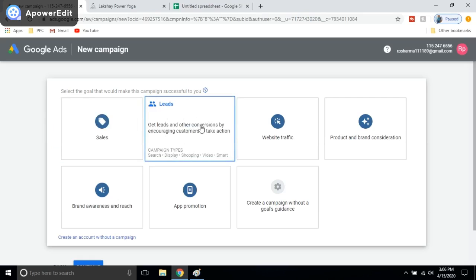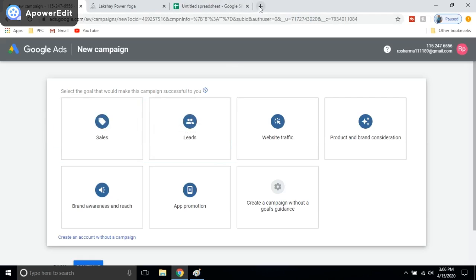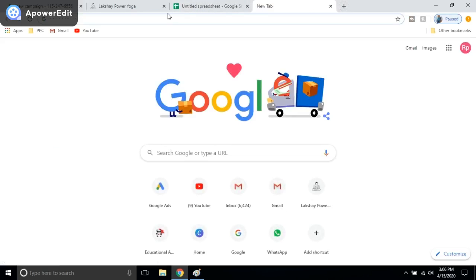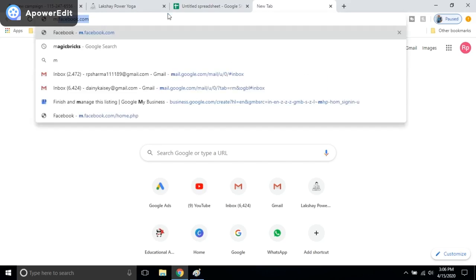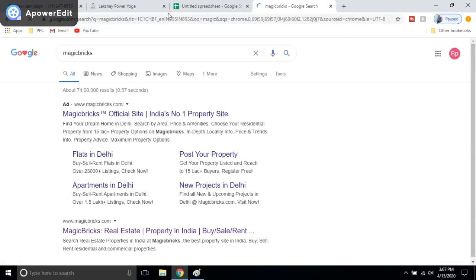Leads are the information which we capture from the user. Let's say someone visits a website related to property and they ask for their information, let's say Magicbricks.